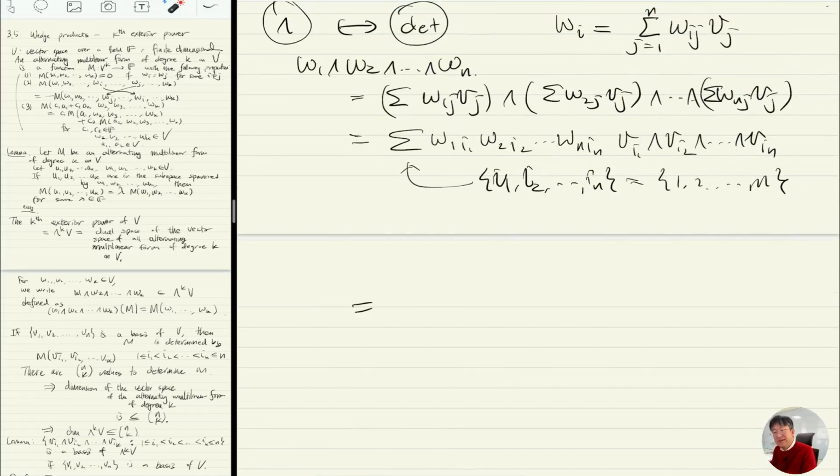Now, when you have a permutation, you want to make it a simple permutation. We want to permute things so that you have v1 wedge v2 wedge up to vn. But when you permute, you multiply by -1. So how many times do you have to permute? There's a parity, and that's the sign of the permutation. So w1 i1 up to wn in,